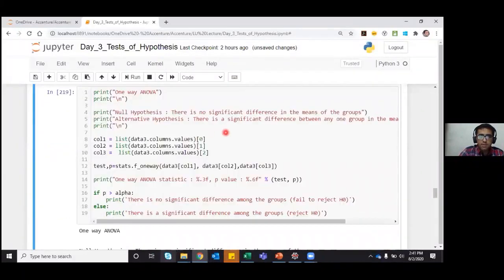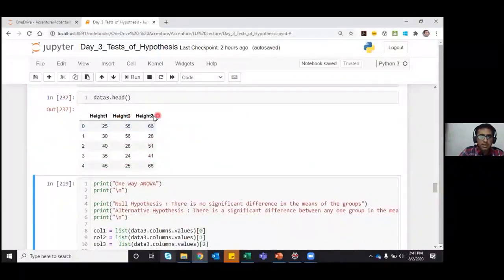And when we run data 3, we have 3 columns: height 1, height 2, and height 3. Now, we will assume that height 1 is for group 1, height 2 is for group 2, and height 3 is for group 3.